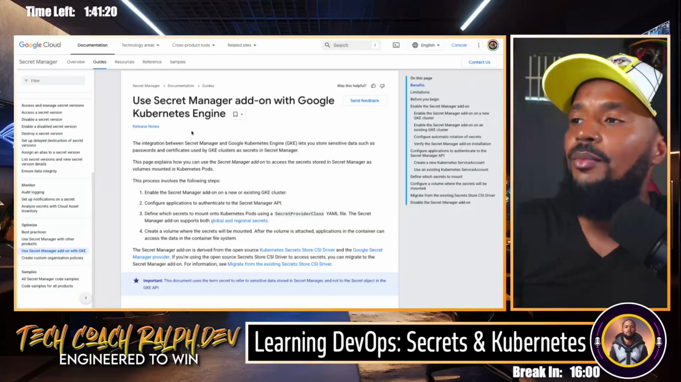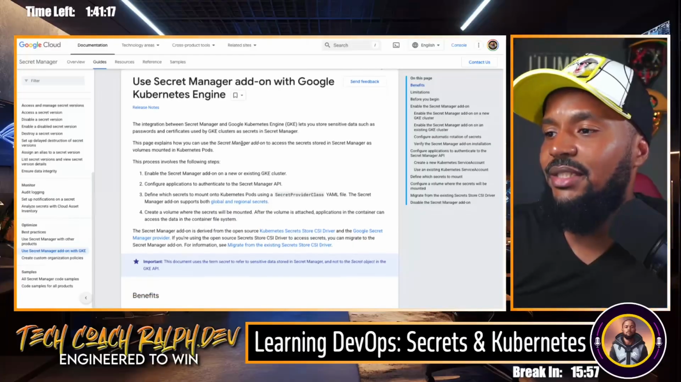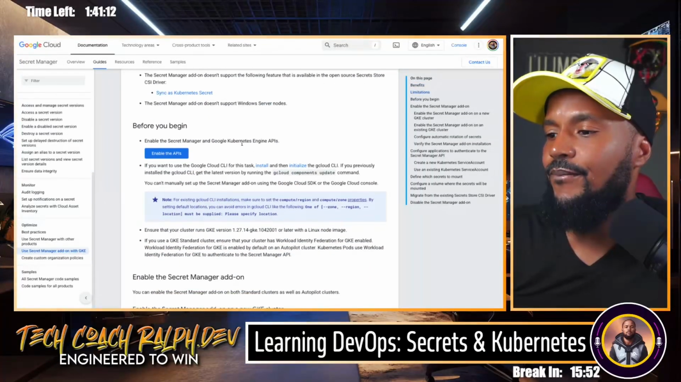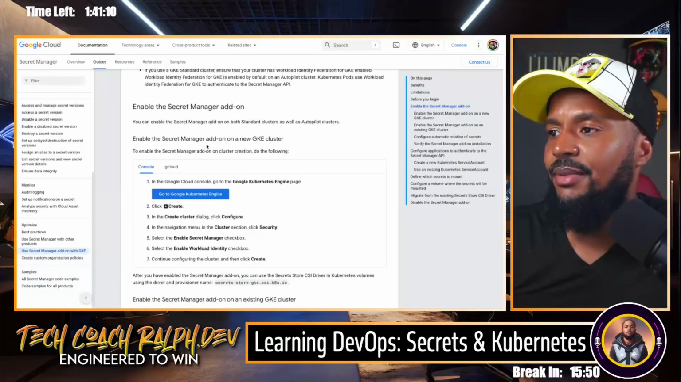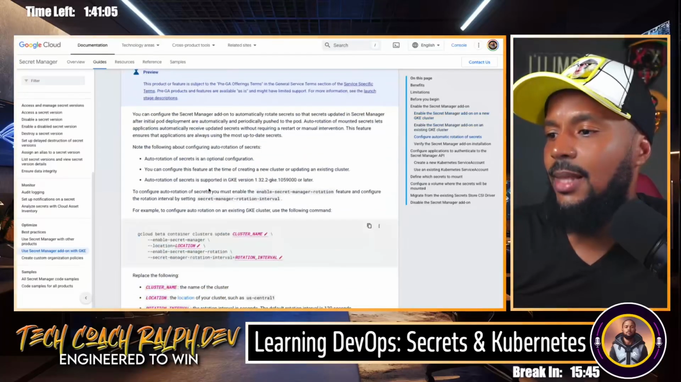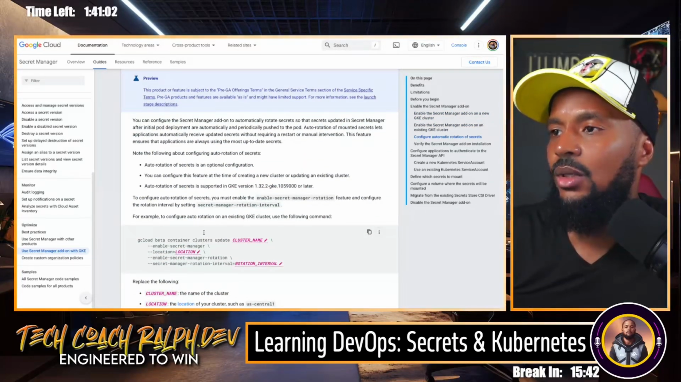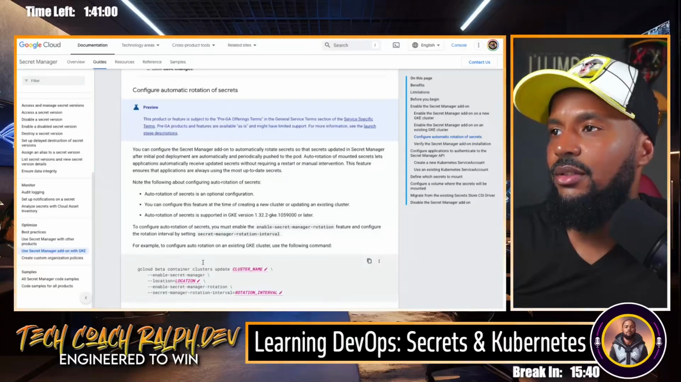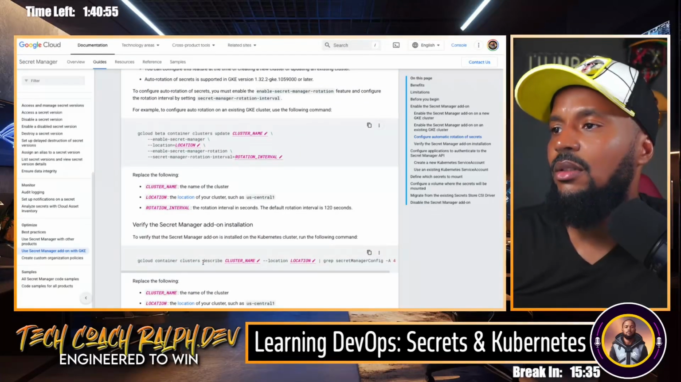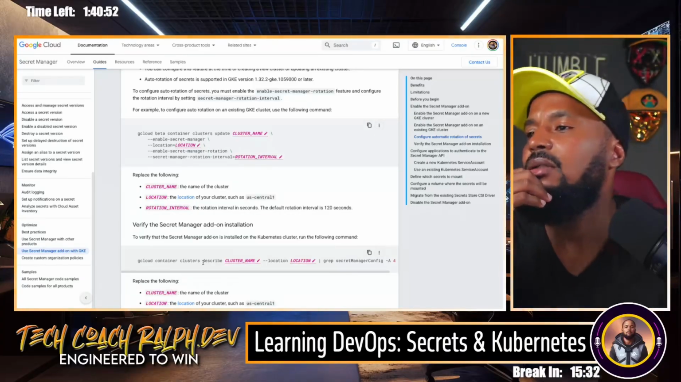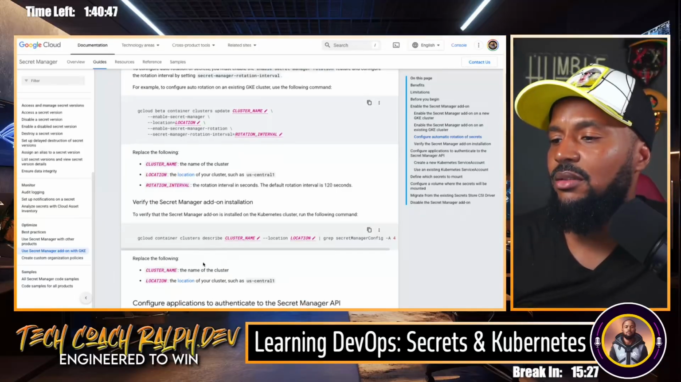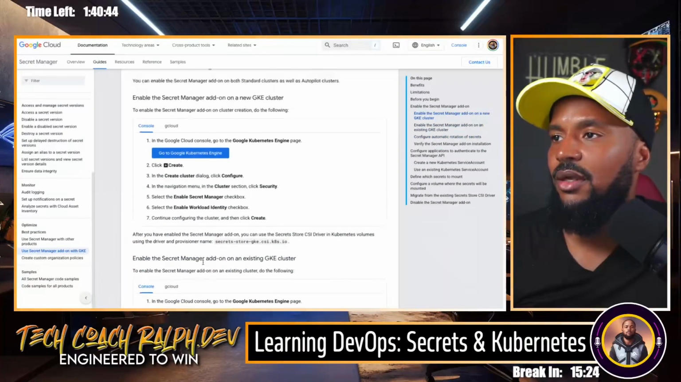All right. So, use the Secret Manager add-on with Google Kubernetes Engine. We did this: enable the Secret Manager add-on. We did that through Terraform. Now, gcloud container clusters update, and all right, that's already done. It starts with it when it creates a cluster. So basically we are doing